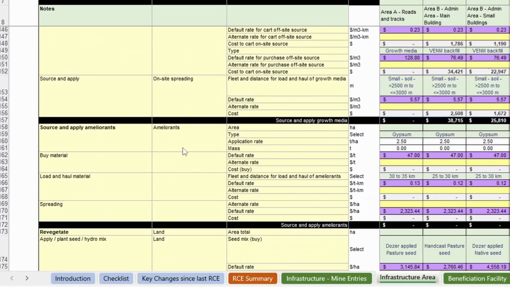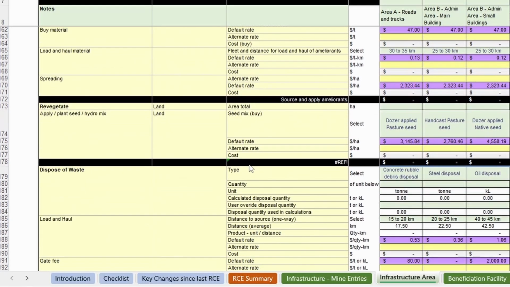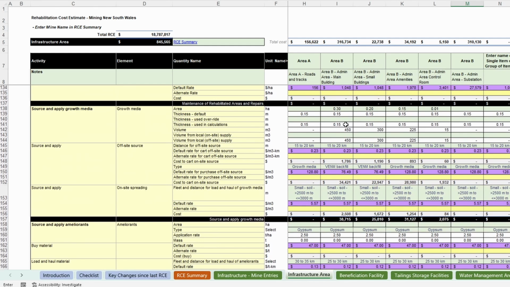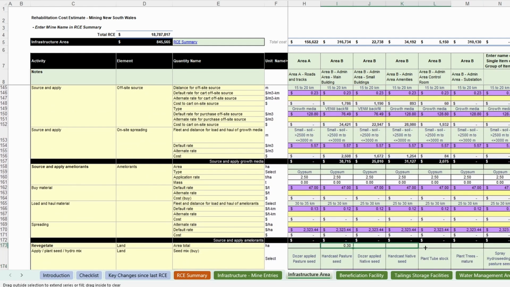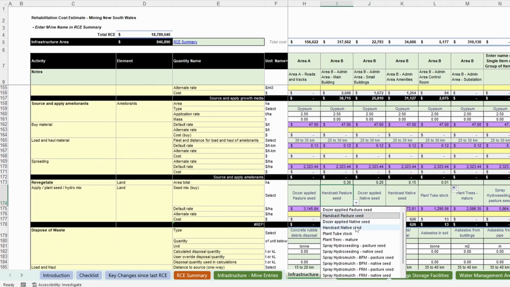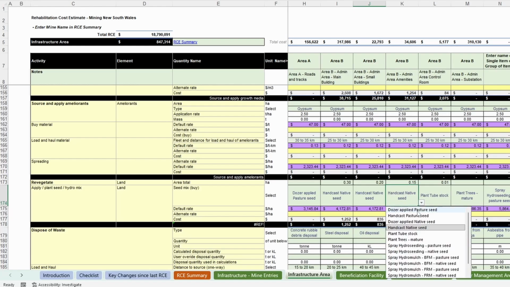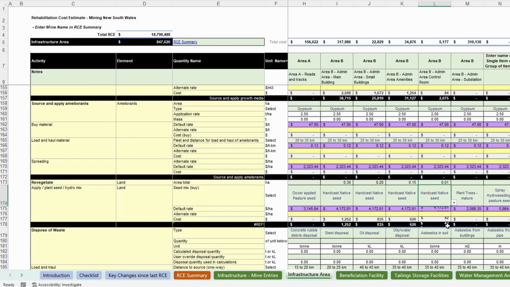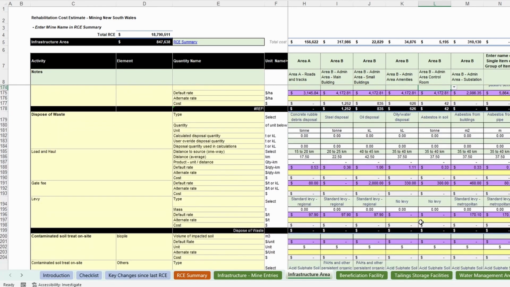The land does not require ameliorants, but does need revegetation, so we enter the same quantities as those entered for growth media to the revegetation table, and we will pick hand-cast native seed. There is no need to enter any waste associated with the substation because these costs are included in the default